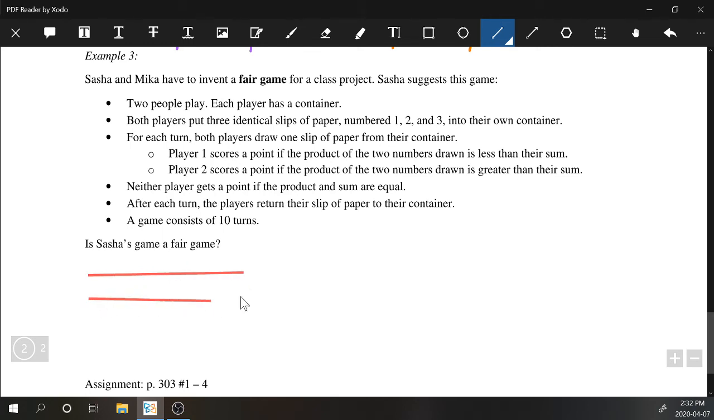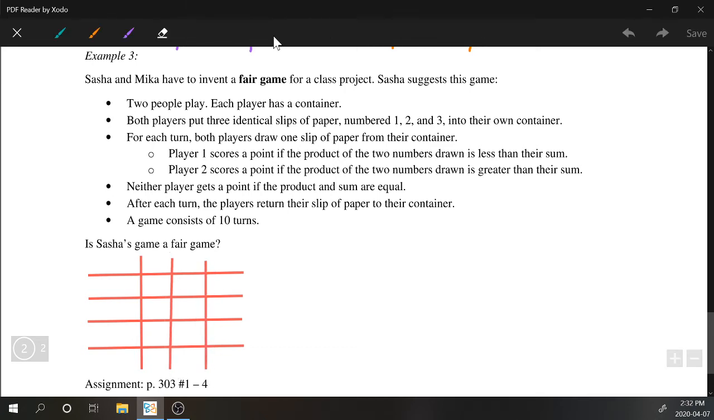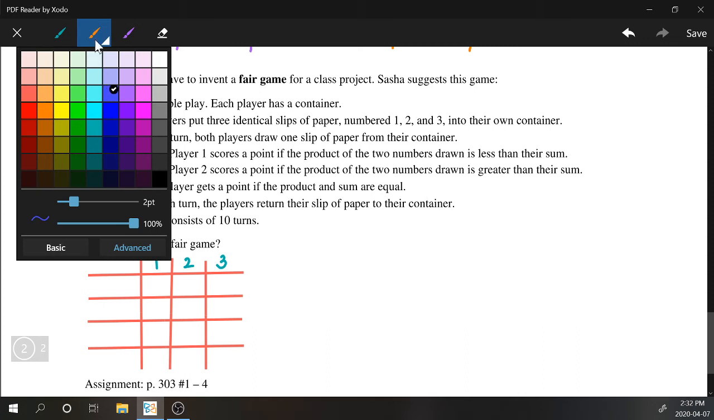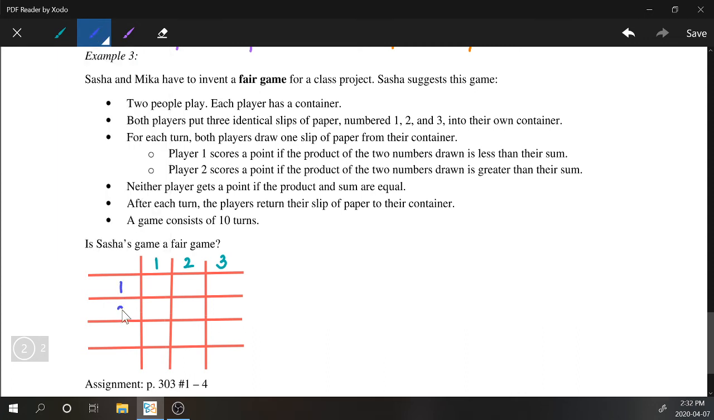We have 1, 2, and 3. Then 1, 2, and 3. Just a really rough sketch here. So this would be 1, 2, 3. Then 1, 2, and 3. Oops, that didn't look very good. There we go. Okay, it says here player 1 scores a point if the product is less than the sum,